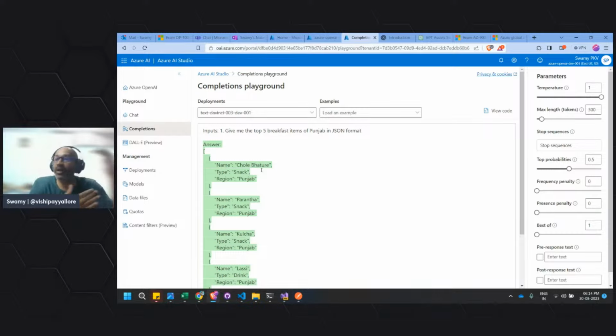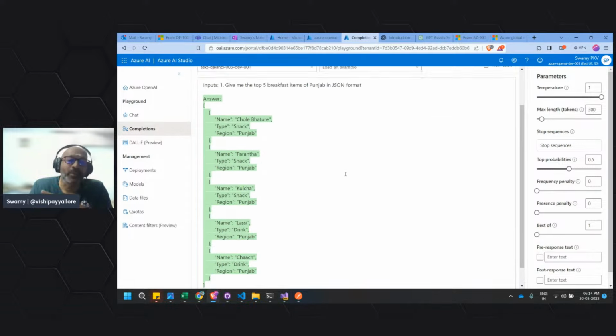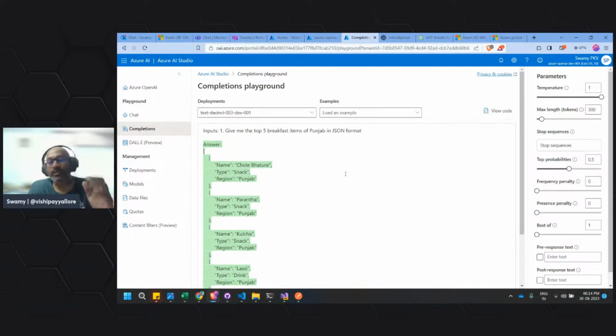At least you need to have a JSON object where you can get this information. So the first thing is we saw this prompt in AI Studio, and we did the prompt from Postman also.